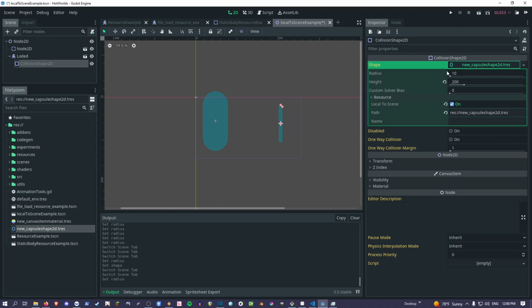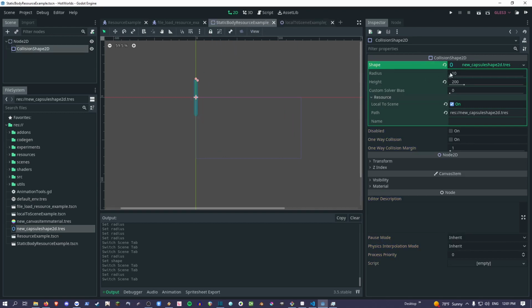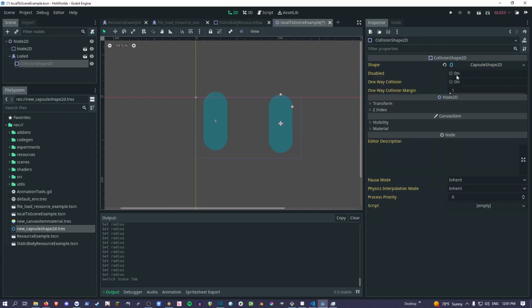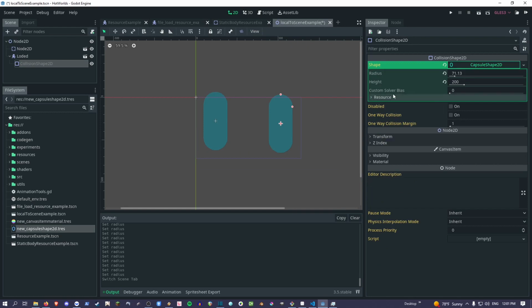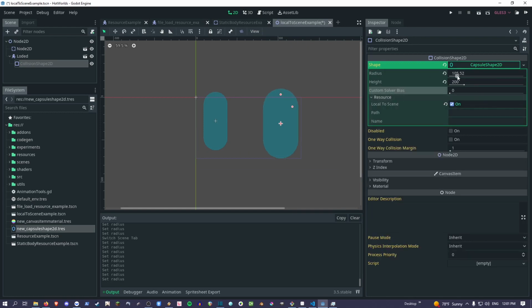But the thing is, this shared resource gets modified if you have local to scene on. It automatically creates a local one, local to scene example T scene. You see how, see, it's using the file, and then as soon as you change it, if it's local to scene,